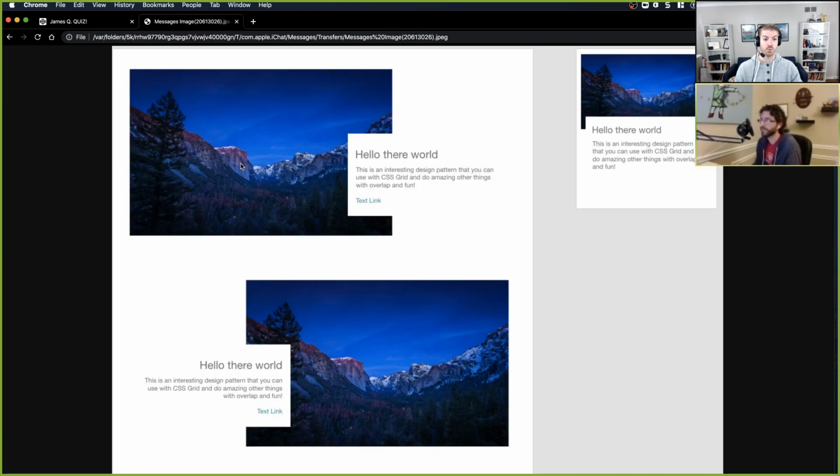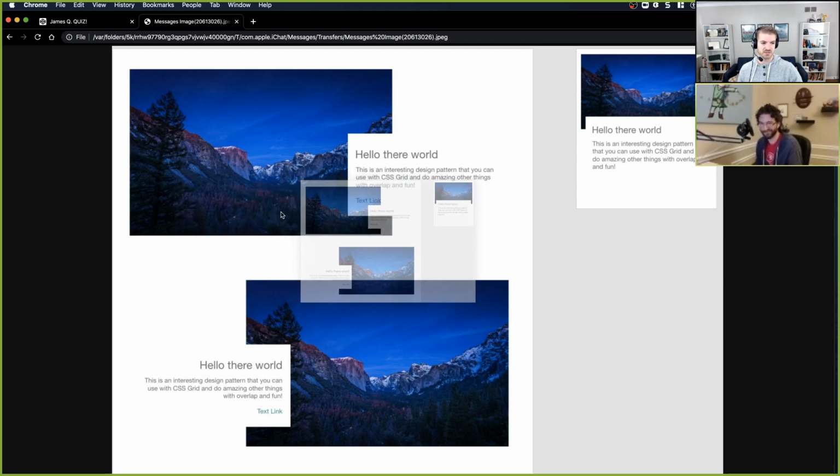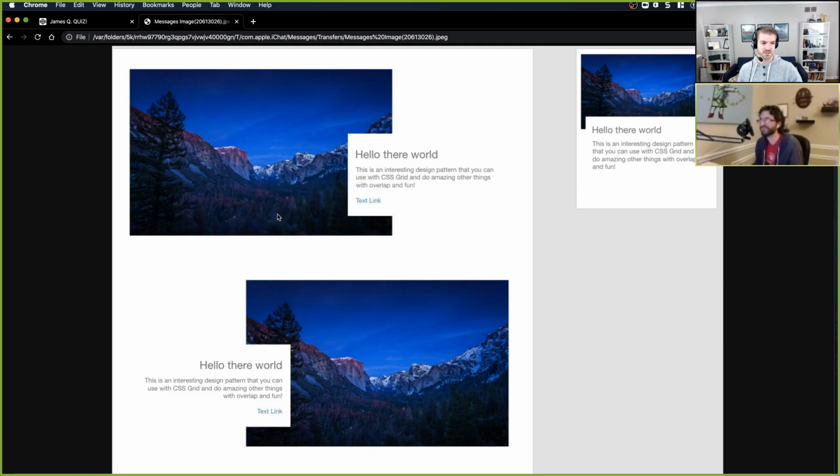So the way you would do overlap, and I'm assuming there's some z-index stuff to figure out, depending on how they lay out, is you'd probably define a 12 column grid, and the image over here would take up 9 of those columns, and then this text box would take up 4. Can I put the kibosh on that? Can I stop you? Sure.